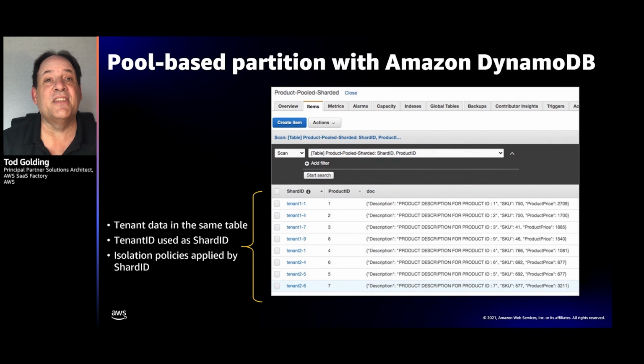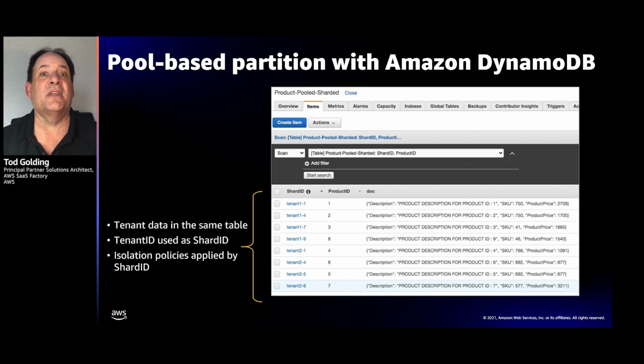Now, the other thing here is that you'll see that we have partitioned examples of products in here where, instead of a silo model for the data, we use a pooled model for the data. And this is in our product table. In this case, the shard ID of each table is actually a tenant identifier. And now we're partitioning by that tenant identifier.